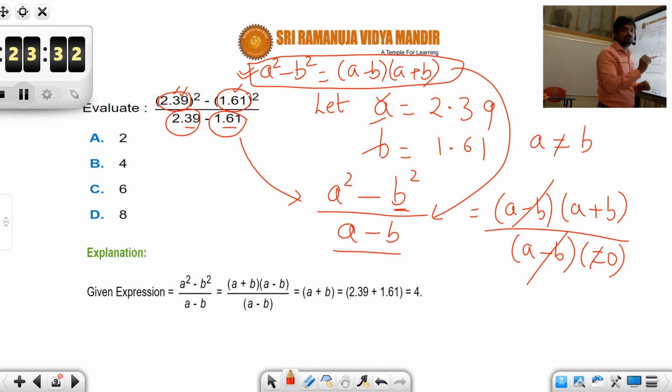Students, this is a very basic and important thing. a minus b, you could find them as same factors, but you can't divide them. You should divide them only if you could reason out that they are not 0. If one of them becomes 0, then division is not possible. In mathematics, the division by 0 is not yet defined. It is an undefined quantity. If you do wrong division, you will end up with wrong results.